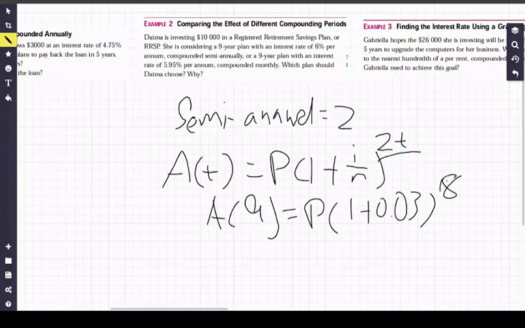So I want you to take a moment and think about it. What does 2t mean? It means that whenever we input t in years, we have 9 years, so for every year there are 2 compounding periods per year. So we have 9 times 2, which tells us there are 18 compounding periods in 9 years. So now that we have this, we can directly do this. Know that this is 10,000. So 1 plus 0.03 to the 18th power times 10,000 is going to get you